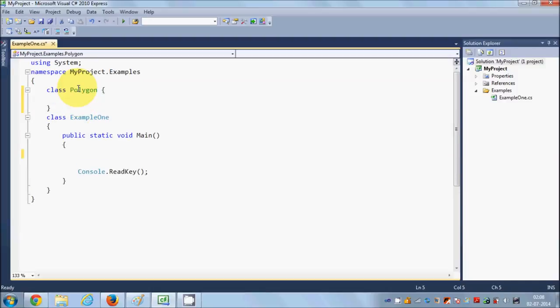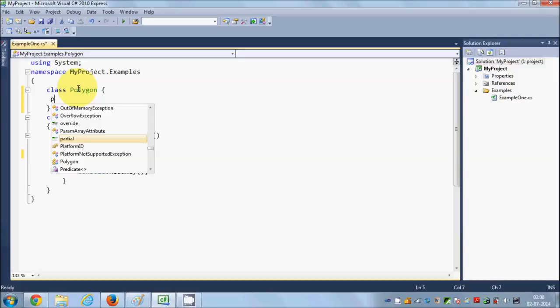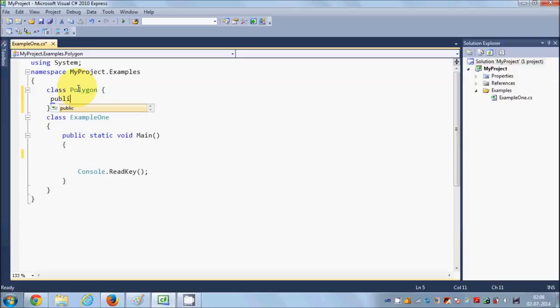Inside this class we will define two variables which are the member variables of this polygon class. So I will write public, and then these can be integer values, so I will say public int width, height. Okay, so this is our base class, and suppose we want to calculate the area of the class, so